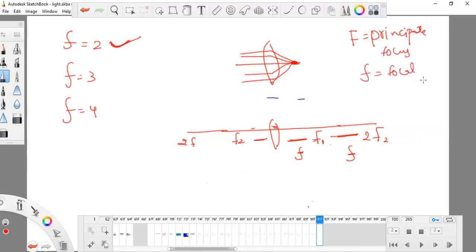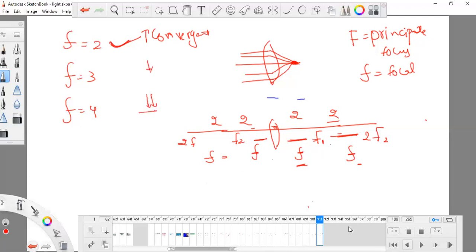Both of them are generally the same, the exact meaning of both is the same. There is no difference. So this is the focal length and this is the focal length, and they will be the same for a single lens. If it has less focal length, then it is more convergent. More convergent, and as the focal length increases, the convergence decreases.